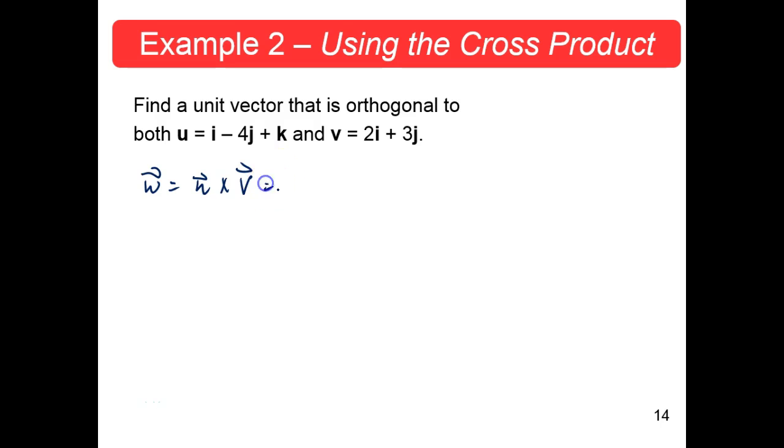So what would that be? Let's put our determinant-looking straight line black bracket there, sorry. Put our I, J, K, and repeat the I and J. This is how I like to do it. If you like to do it the other way, go for it. It's fine. And then we want U, whose components are 1, minus 4, 1. And then repeat the 1 and minus 4. Okay? Then the V vector